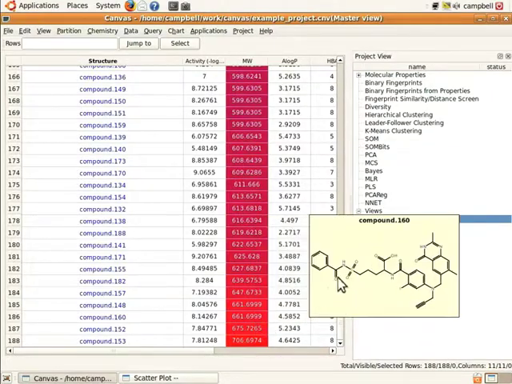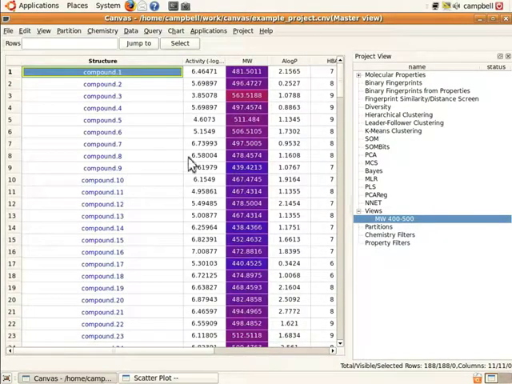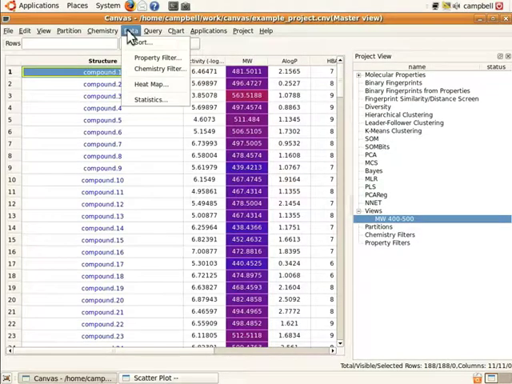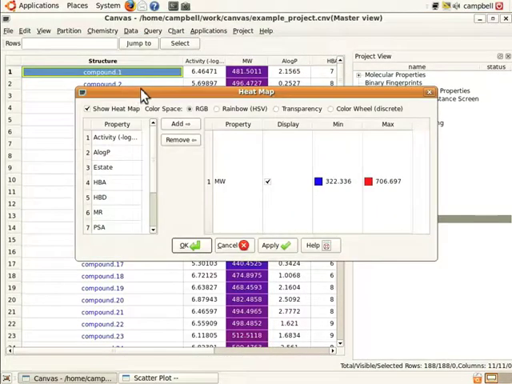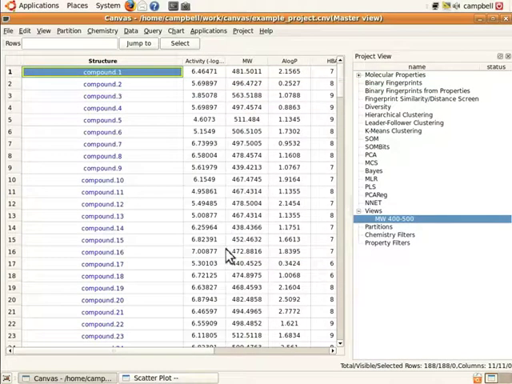weight compounds. So under the View menu, I'm going to undo all view changes to undo that sorting operation, and under the Data menu, I'll choose Heat Map and turn off the heat map by clicking on the display toggle for that property and choosing to apply that change. I could have also turned off the heat map by turning off this toggle in the upper left-hand corner of the window as well. So I'll click on OK to exit this window,